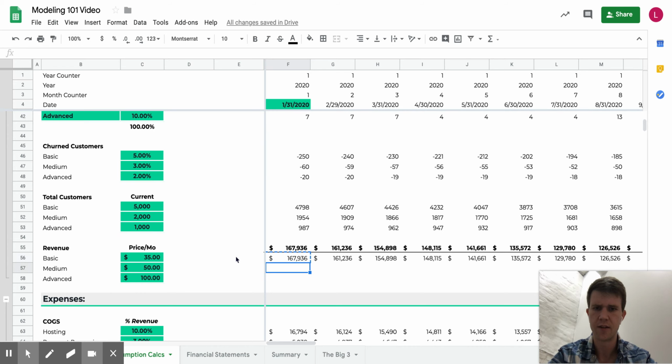So if I copy this down, now it's just multiplying down below. So now we've got the medium. This is the number of users, 1,954 users on the medium package. Multiply that by the $50 a month. Now we have revenue for the medium package. Same thing for large, right there. And then we have this sum function. So our total revenue is going to be the sum of those three. So if